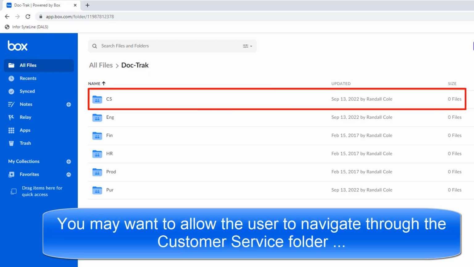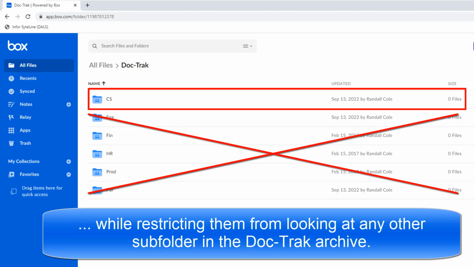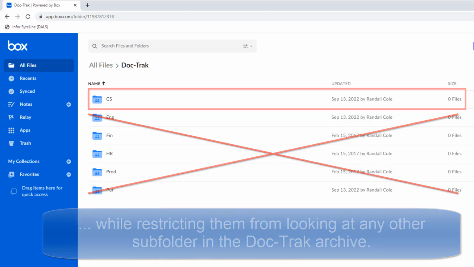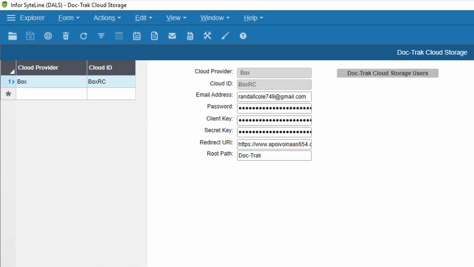You may want to allow the user to navigate through the customer service folder and its subfolders, while restricting them from looking at any other subfolder in the DocTrack archive? Well, that's pretty simple to do. I'm going to make a copy of this Cloud ID, and then I'll modify it just a bit.